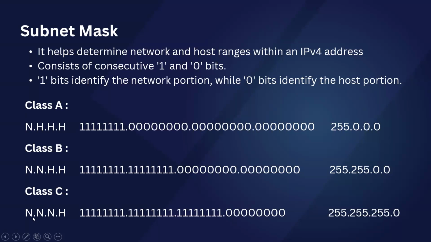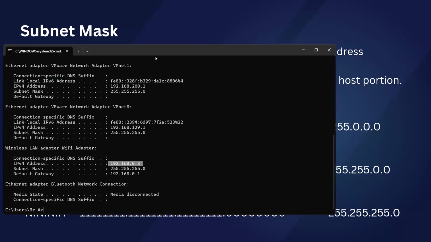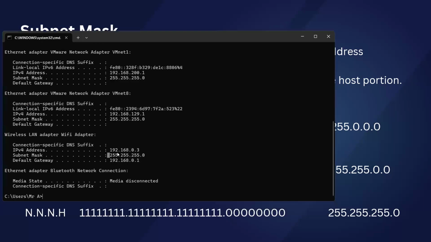And for class C finally, with three network portions and one host portion, you have 255, 255, 255, 0. Three times 255 and then one single 0. Wherever there's a network portion, just put 255 there. Wherever there's a host portion, put 0 there. And from this, since I'm getting a class C IP here, the subnet mask is 255,